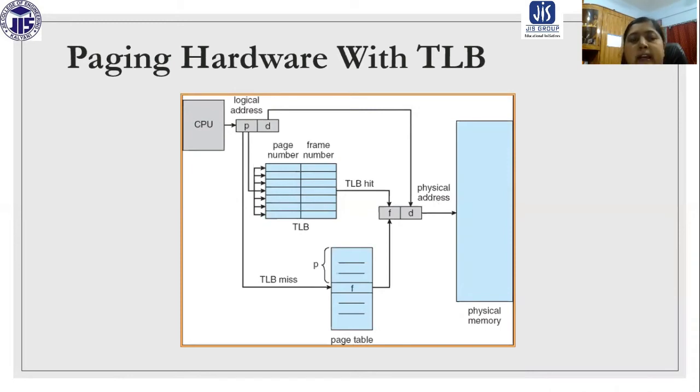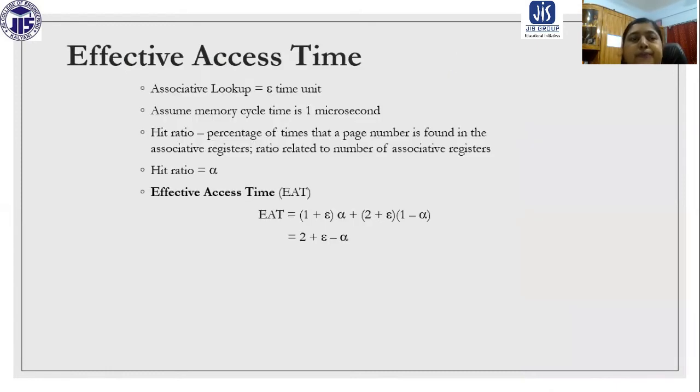So the whole thing can be done quickly rather than accessing the page table in main memory, and we don't need to access main memory twice if it is a TLB hit. But in case of a TLB miss, we need to access main memory twice, and we also need to access the register.